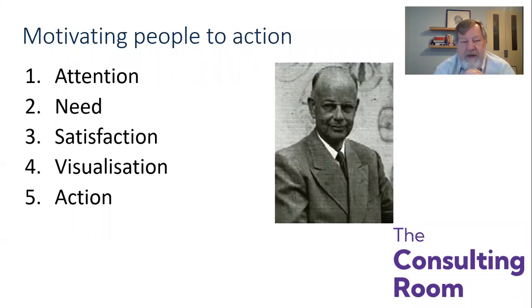Alan Monroe was a professor at Purdue University in the United States, and back in the 1930s he came up with this sequence for motivating people to action, and it really lends itself very well to a sales process, or to your marketing, or to an individual opportunity that you get to talk to somebody to persuade them to take action, whether that's buying your product and service at this point or going on to the next stage in your